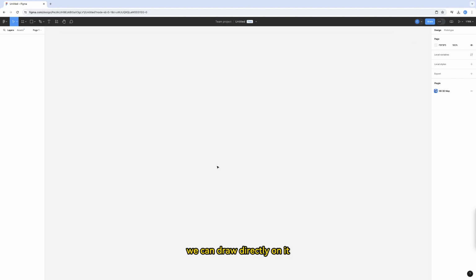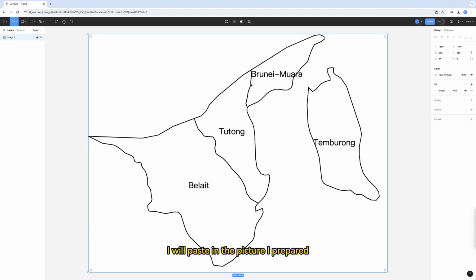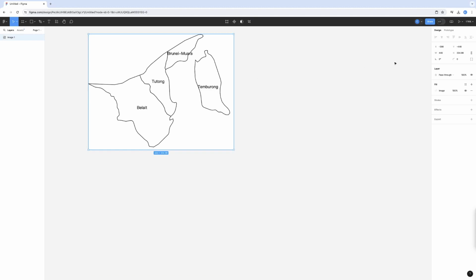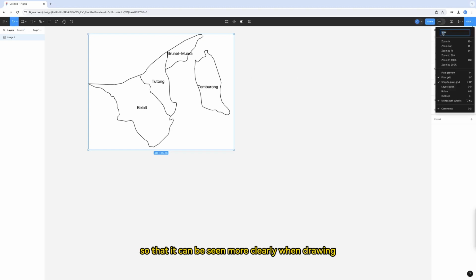We can draw directly on it, or we can put in a base map. I will paste in the picture I prepared. Before drawing, change the image size to within 440 times 440. The map we are going to draw is vector, so this size does not affect the clarity of the map. Don't forget this step. Then I will zoom in the base map, so that it can be seen more clearly